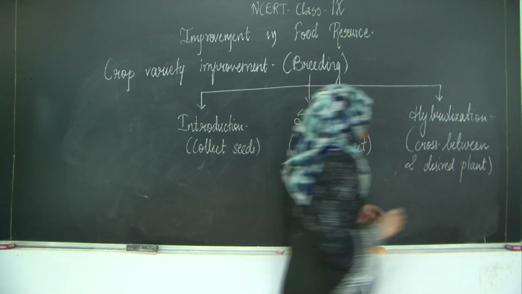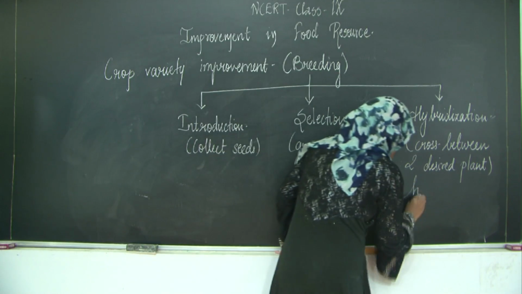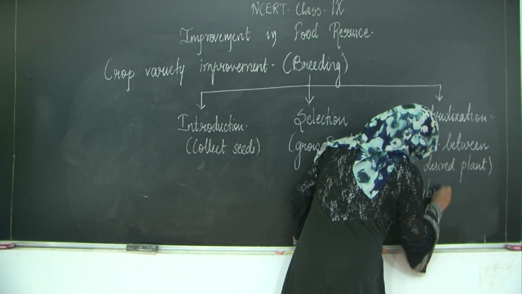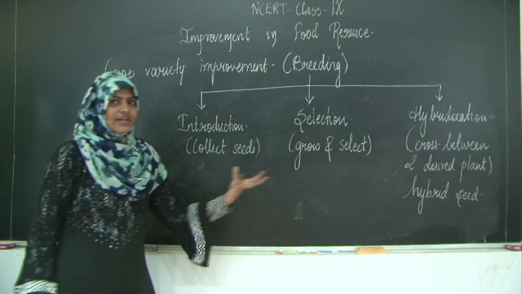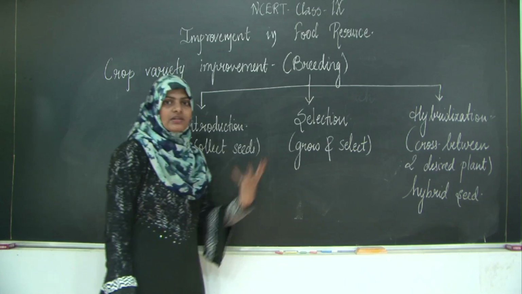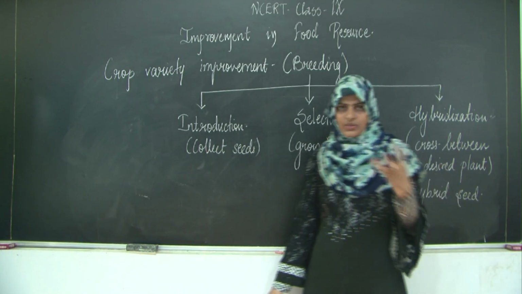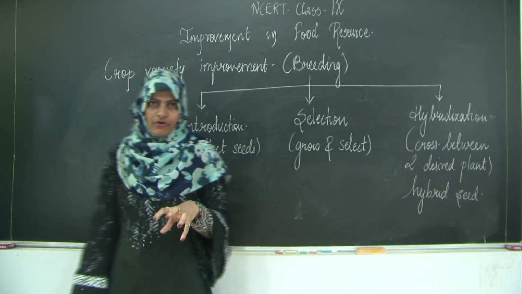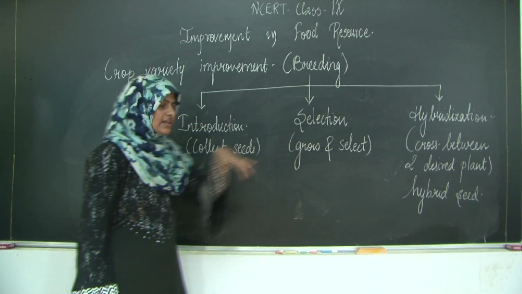Okay, now whatever progeny or whatever seeds you get from this, you call it a hybrid seed. Fine. Now for this hybridization, you know that the sexual reproduction will take place at its own pace, right? It will take place in the season which is suitable for that crossing. Now what the other way is,